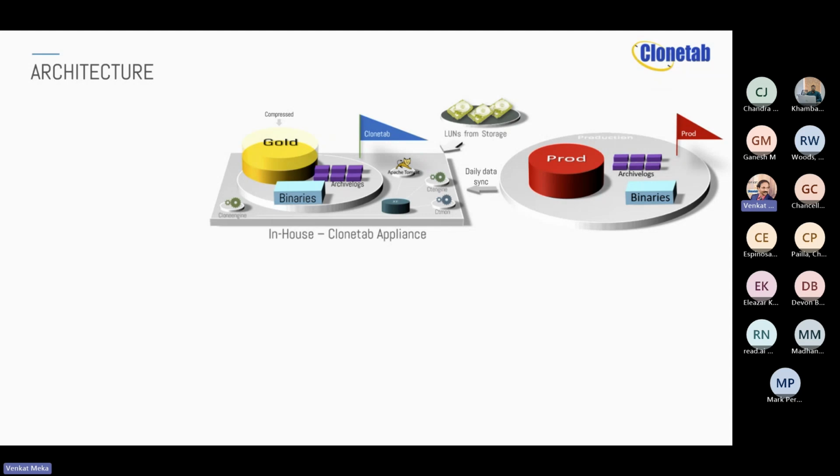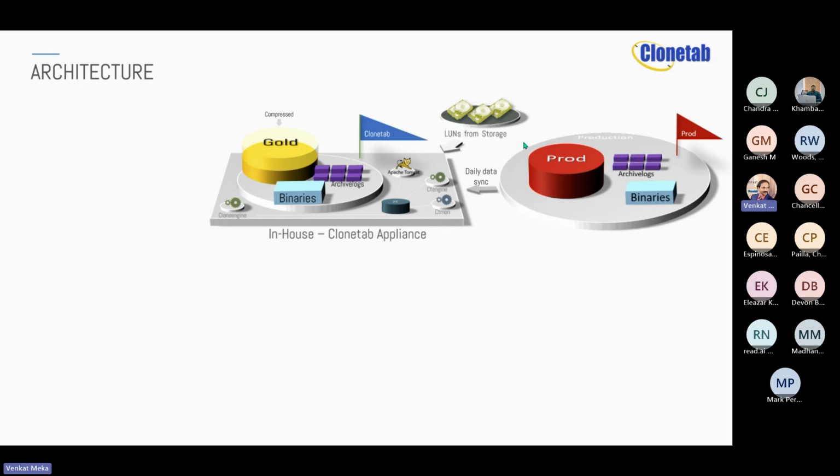Now, once you have all of this, the very first time you are going to register your production as a source, and then you invoke a full backup, which is similar to your regular RMAN backup. And we read the data and then compress it, and we call it a gold image. So basically it is getting backed into your storage. It could be NAS, it could be SAN, it could be your cloud storage, whatever it is. So that is coming into the appliance, and a logical volume is created,